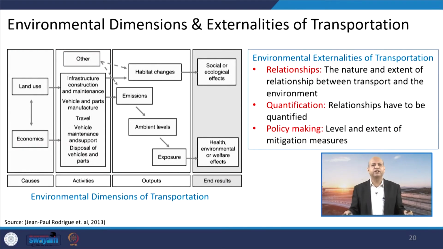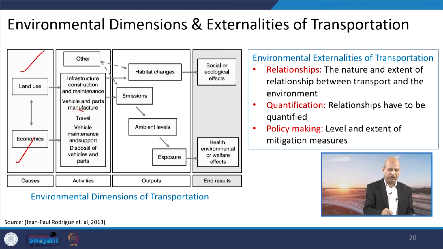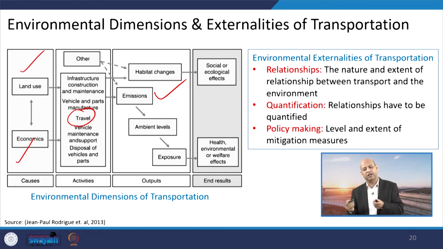When we talk about environmental dimensions and the external factors of the transportation, then you have to see all these integrated, like land use, then economics of things. So, land use have all those travel related things, infrastructure, road quality, and then you can have the emissions related to the transportation, then ambient levels of those air pollution exposure, which will have some health impacts. So, the relationships of all these natural aspects and extent of the relationship with the receptor. Receptors are those which are inhaling polluted air, all those kind of.